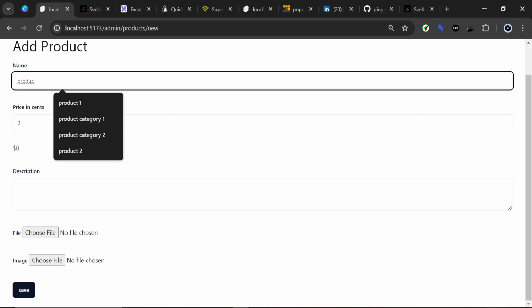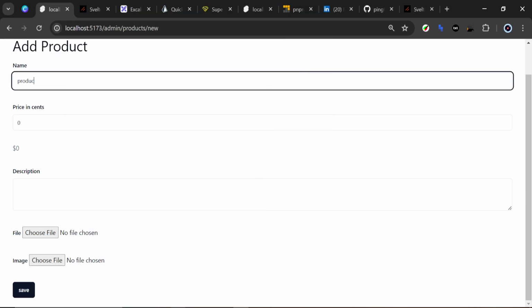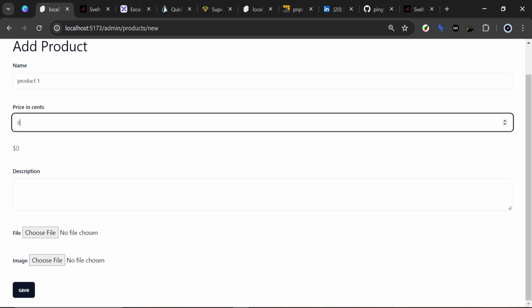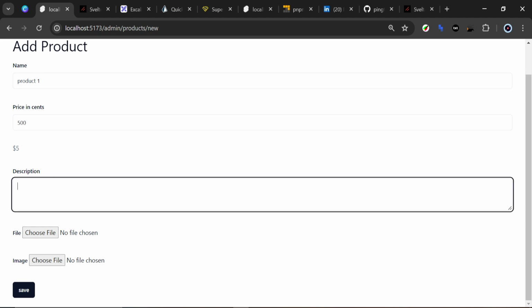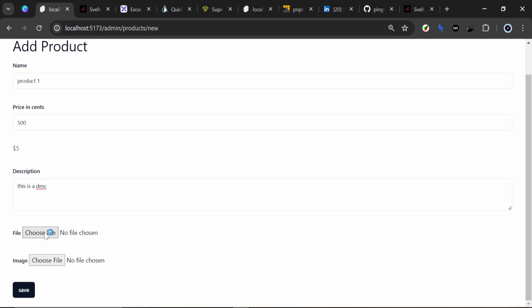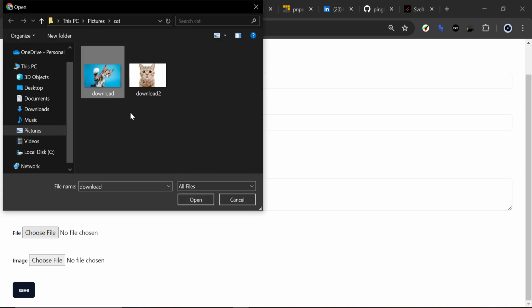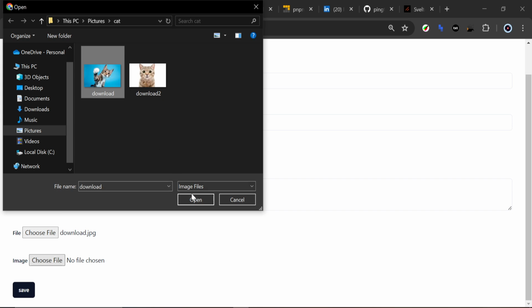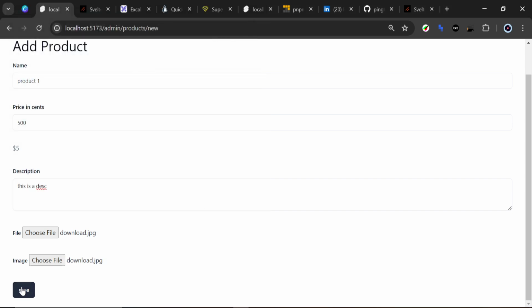Let's make sure we save that first. Save. All right. Now we'll go product one. Price in cents will be $5. Description will be this is a description. All right. And we choose a file, it should be the cat file, and we choose the image, the cat image, and save this, and by the grace of God this time it should work. So let's see,